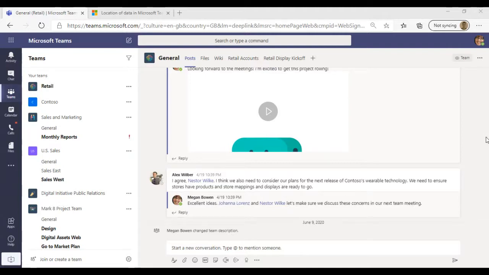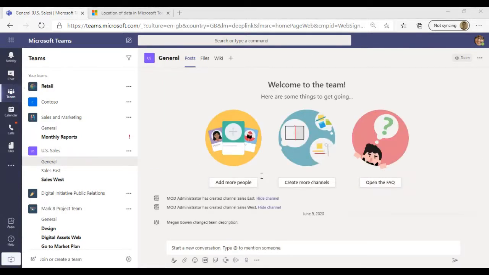Now, conversations are also threaded within Teams as well. So whereas, for example, with Outlook, where you send an email, it's kind of quite fragmented and it can become convoluted very, very quickly. With Teams threads, you can actually see who is typing. So down here, anybody that's typing within the chat function, you'll be able to see who is typing. You'll also be able to track who has actually seen that message as well. So if it's, for example, up to 5 people within a group, you'll be able to see when everybody within that group has actually read that message. So again, when you start to look at things like project management, you can see who has seen something like a really crucial update.